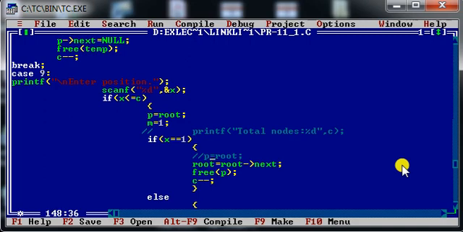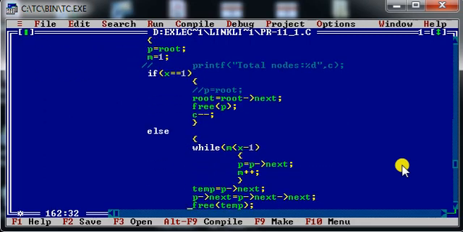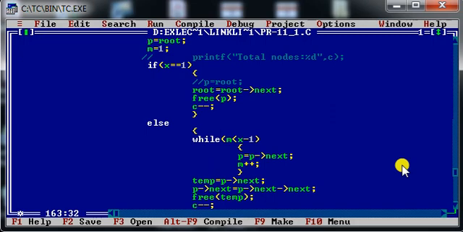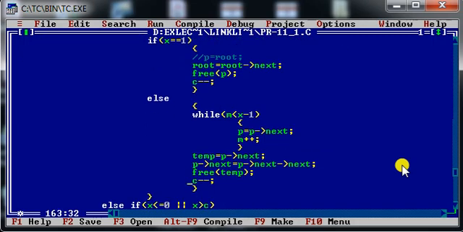Fine. So this is the case when the user would like to delete the element by using the position of the node, and when the user asks to delete the first node. What if the user would like to remove the element from a position greater than one? In that case, we are moving towards this particular block. Now you can see this m represents the position, and this x represents the actual position whatever the user had given to me.